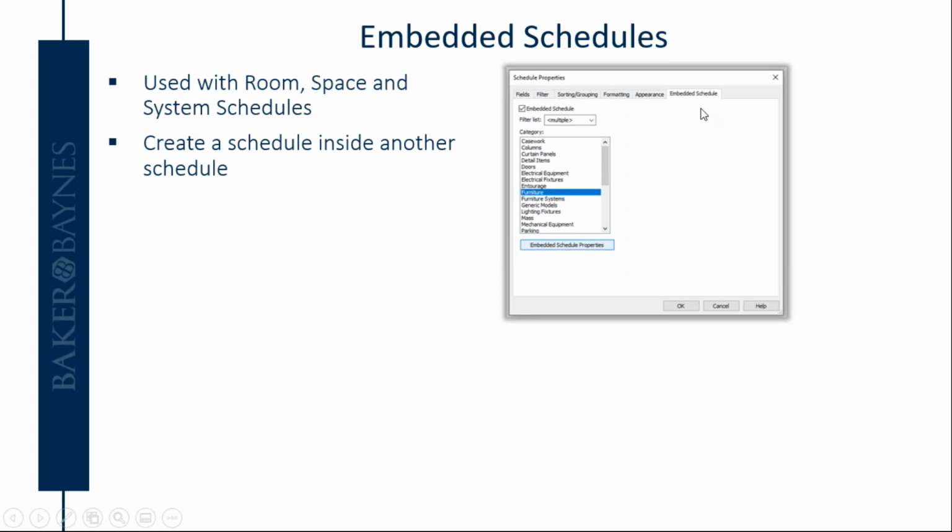So for things like structural beams or columns, this tab is not available. And by default, it will be switched off. But once you tick it, there'll be a list of categories that you can choose from. And this is basically telling you that you can add or you can embed this type of schedule into your room schedule, for example. Okay, so what we're trying to do here is embed a furniture schedule